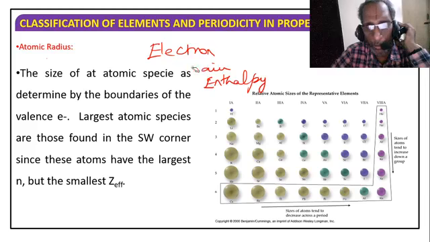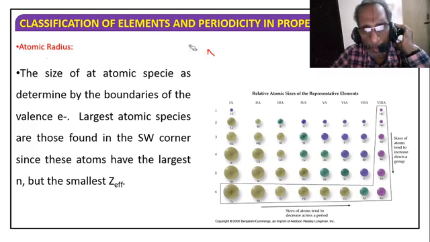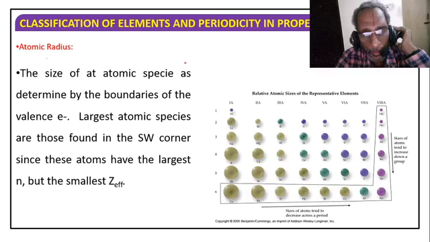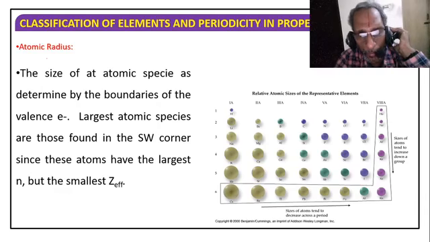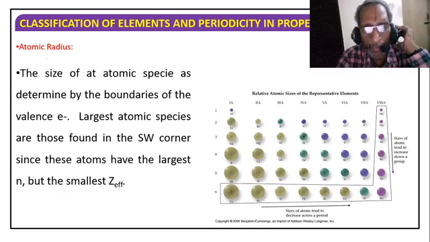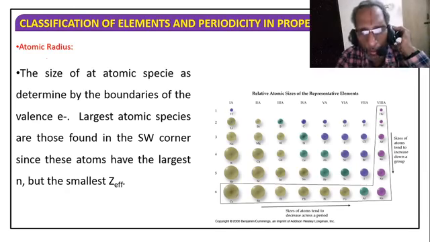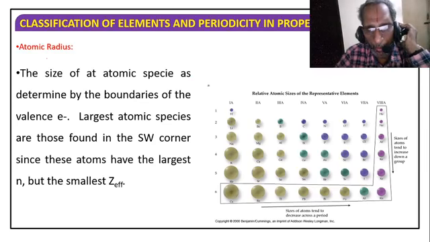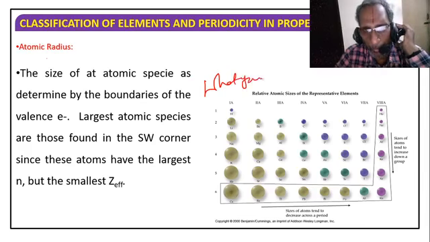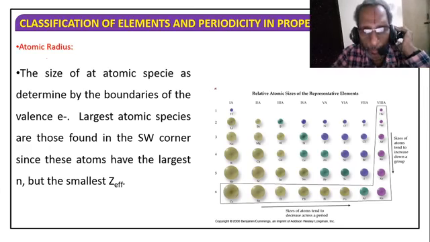In order that the atom loses an electron, we have to supply energy. It is equivalent to removing possessions from a house, which is what thieves do, taking a risk like that. But when we give energy, it is like giving people something good: whatever you give, they will accept. If you give some money, he will collect. If you give some more money, he will collect. The fellow may not say, okay, sufficient.